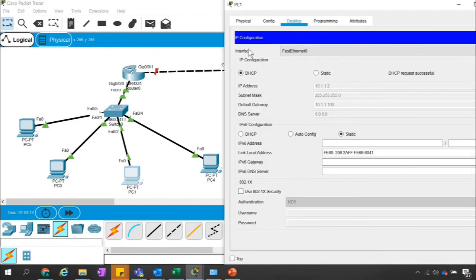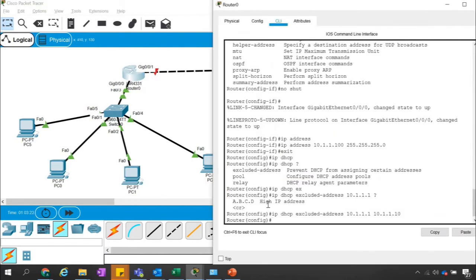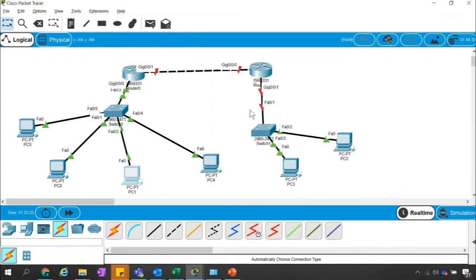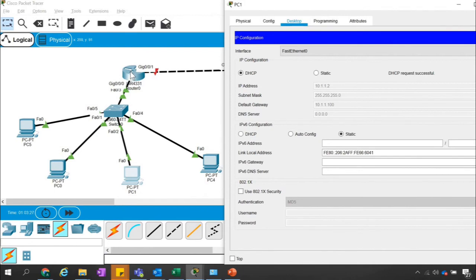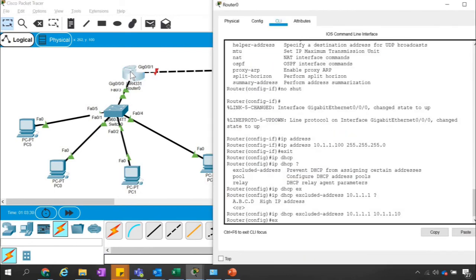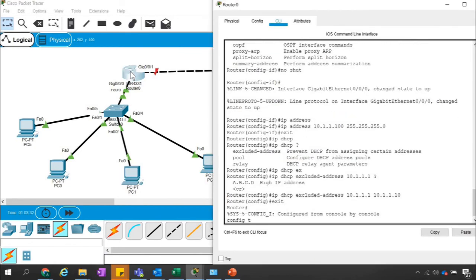So that's the same thing you can do on the others as well. Or let me ping it right now from this computer, that in this PC1 we have the IP address 10.1.1.2. Let's try to ping. Are we able to ping it, or is that not valid anymore?